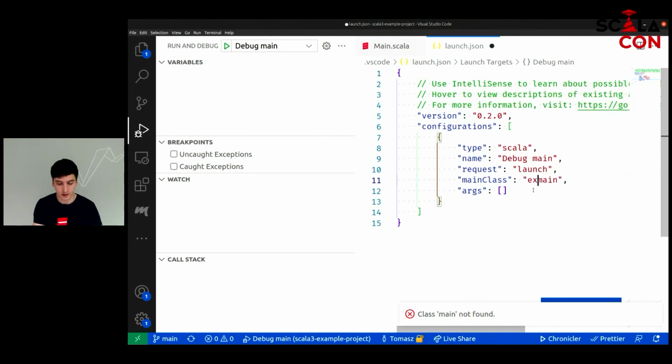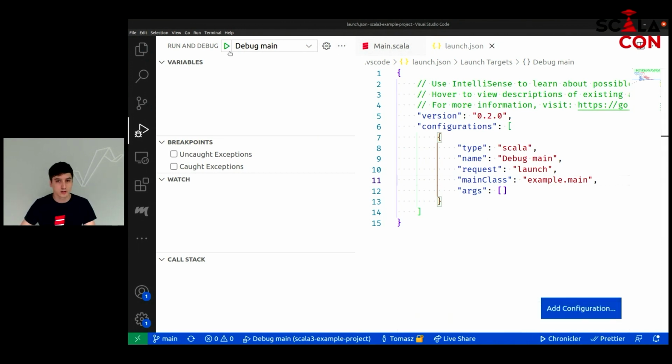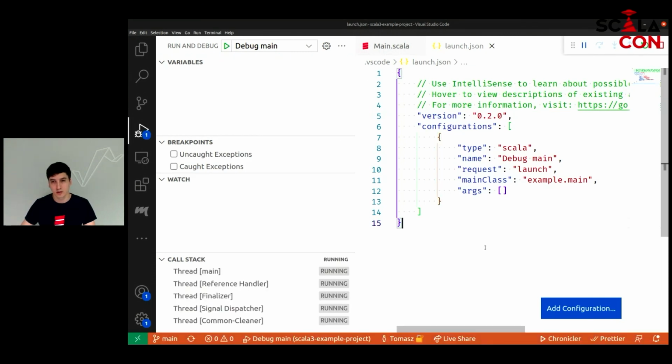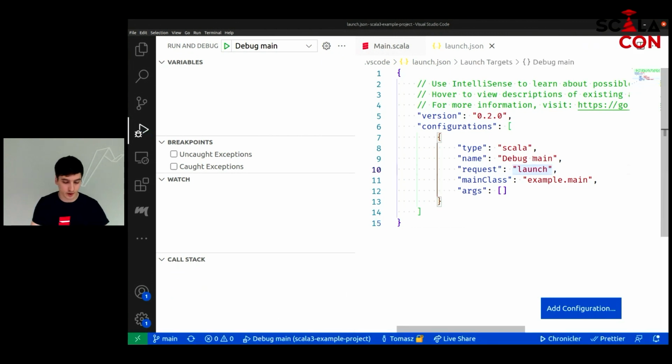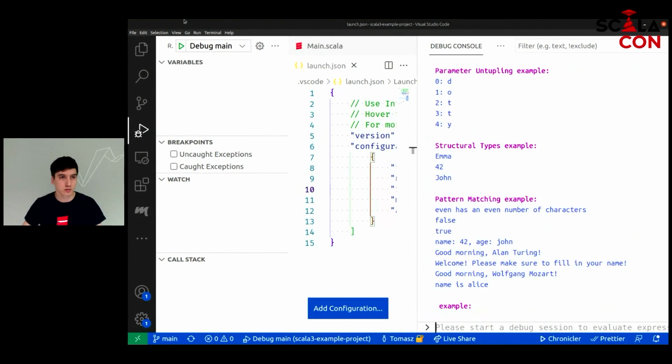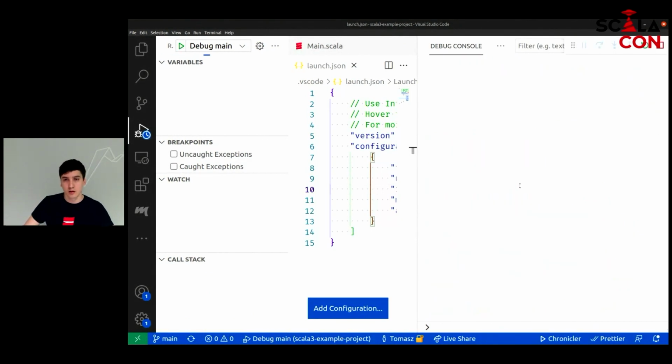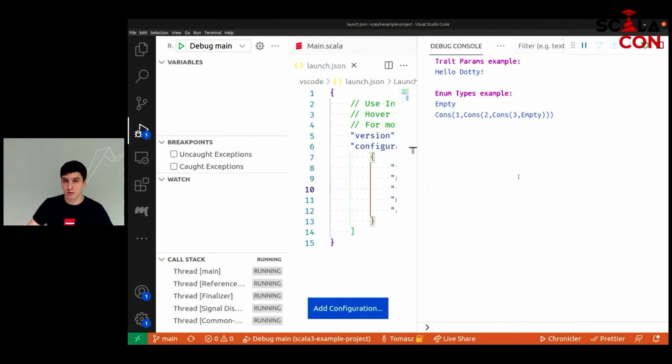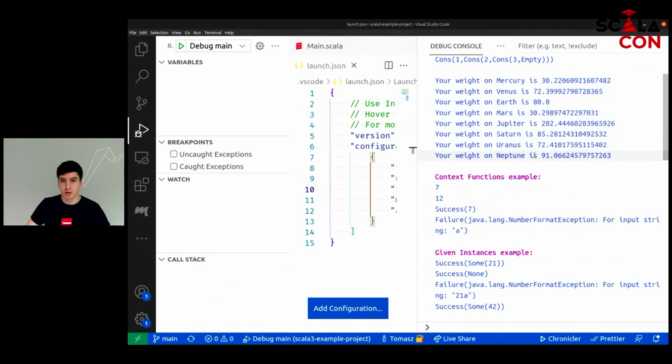And it's example.main. And if that works. It's trying to work. Yeah, that works. It didn't show up, it's too little space, I think, but you can see debug console. I'll do it again. And it is running again. So all those things should work currently in Scala 3, except the expression evaluator, which we are actually